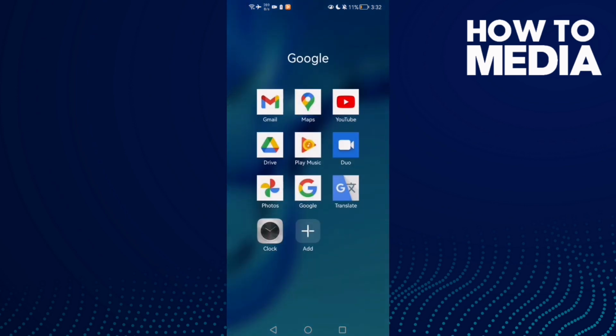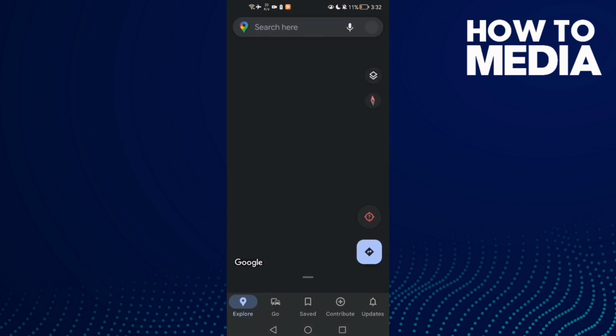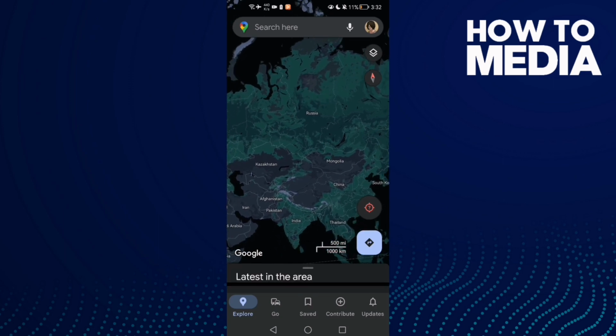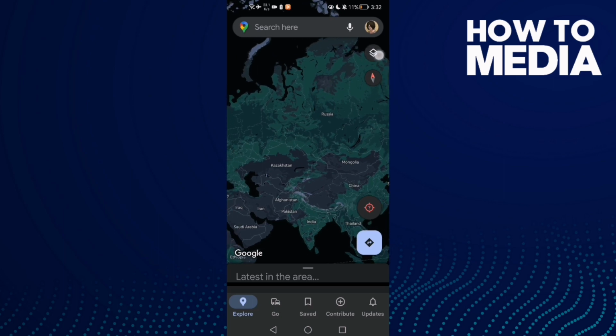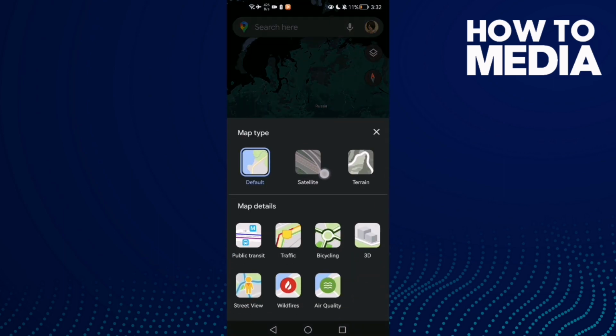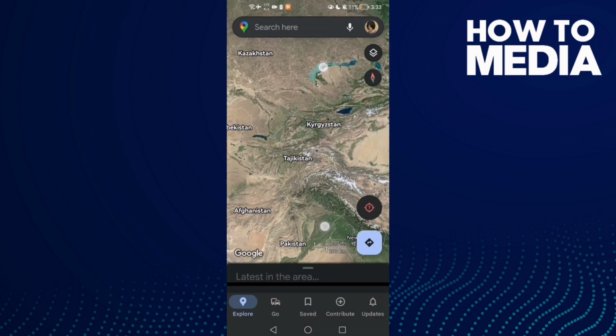First open Gmail, open Google Maps, and then just click here, this icon here, you will find it. Click on it and then select this one, and here you can change it,